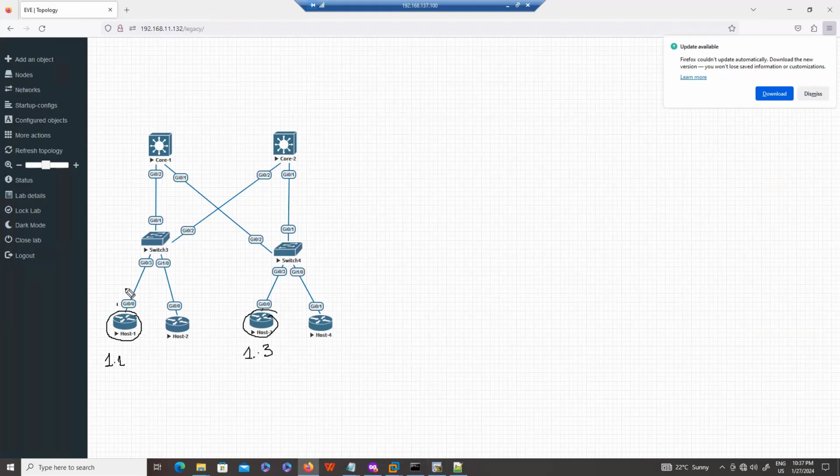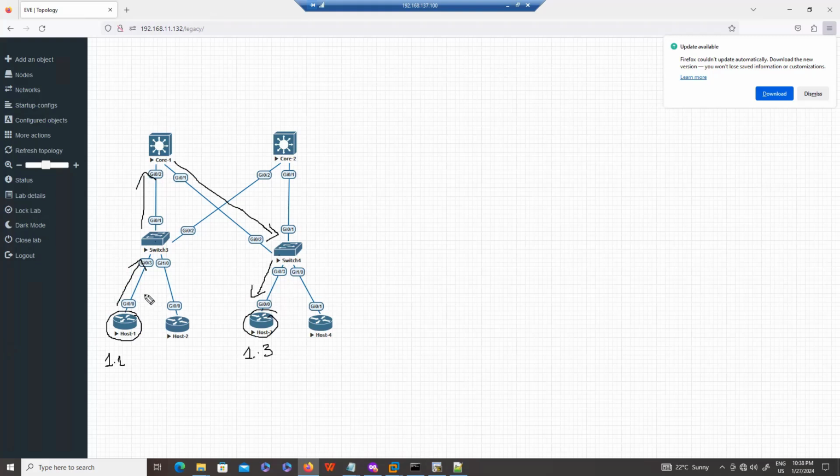If you see the traffic flow, we have two paths. First, this PC sends the traffic, because it has only one interface card, through this NIC to this switch. This switch might send the traffic to core 1, then core 1 sends the traffic to access switch 2, and then access switch 2 sends the traffic to this end PC. This is the first path.